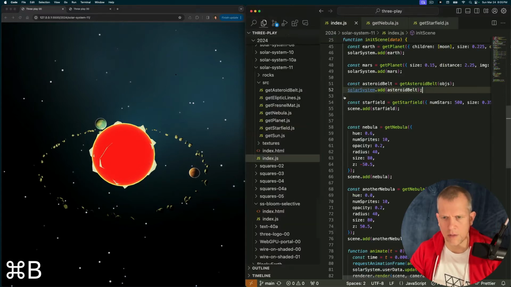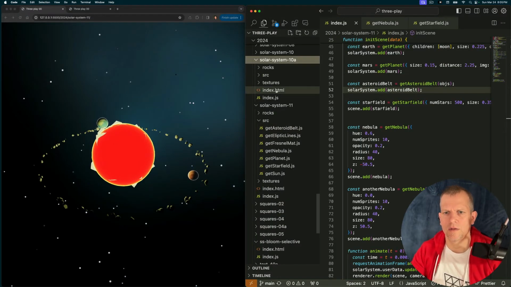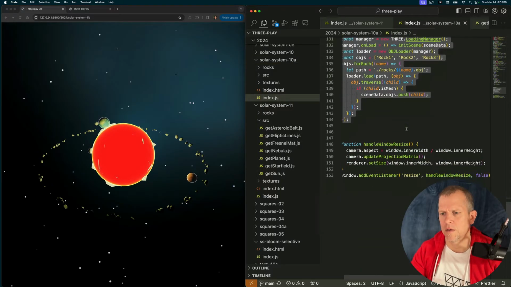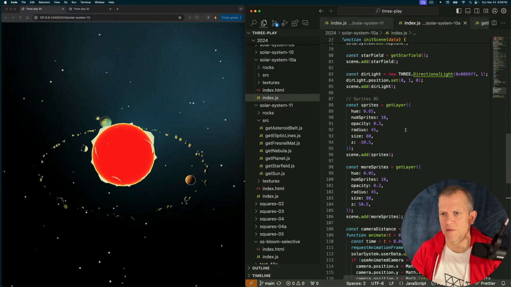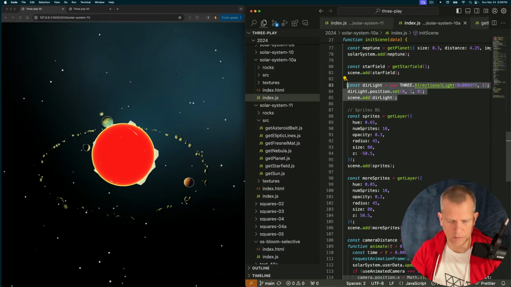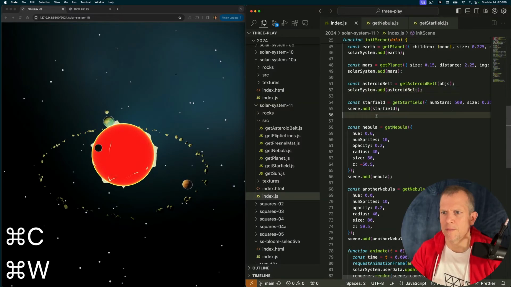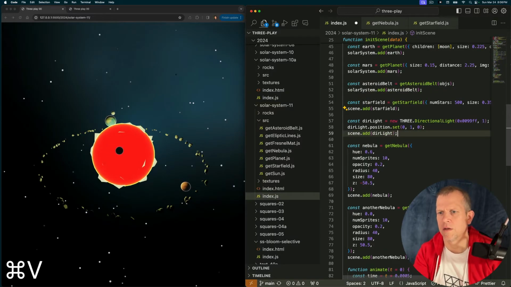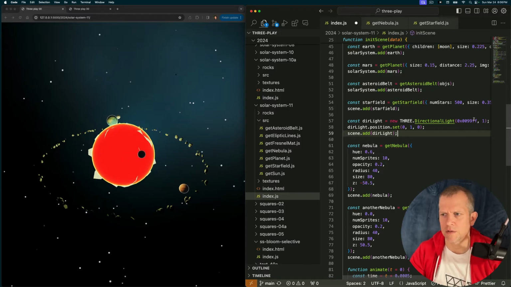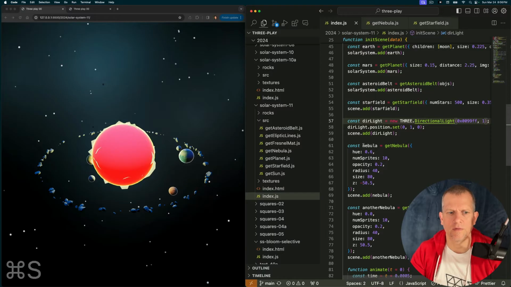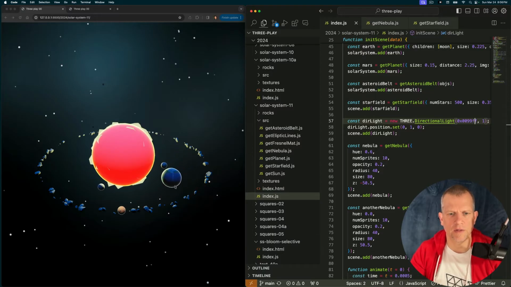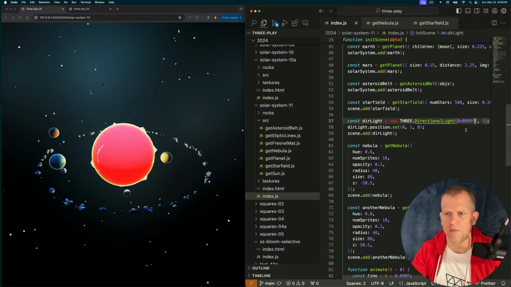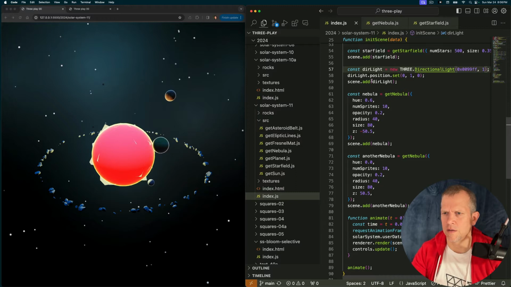So let's just pull in that. I could just define it myself, but I really like the setting I had here, so I'm just going to grab this one. It's a directional light with this kind of blue, teal color, and that's going to color everything that's not being illuminated by the sun. It gives the sun a little bit of a tint as well, but I don't care about that. Great, moving on